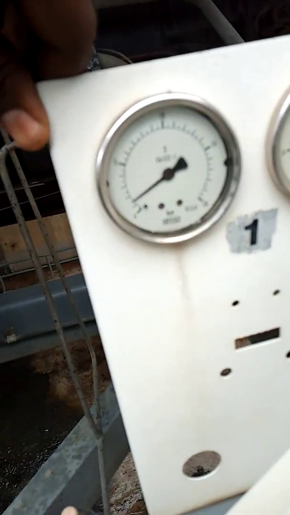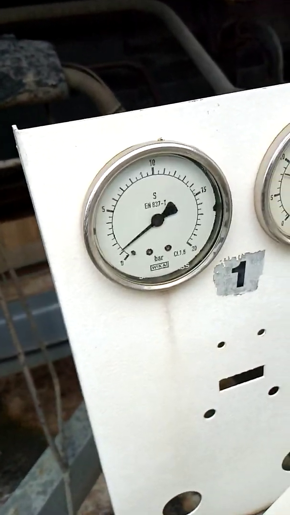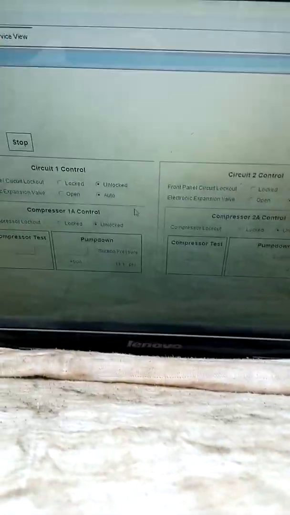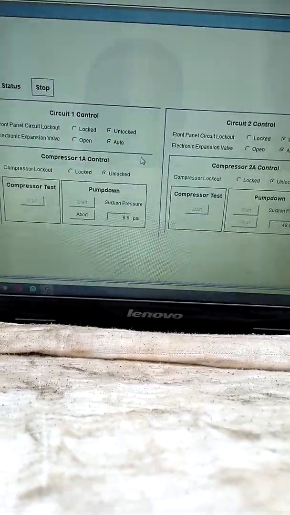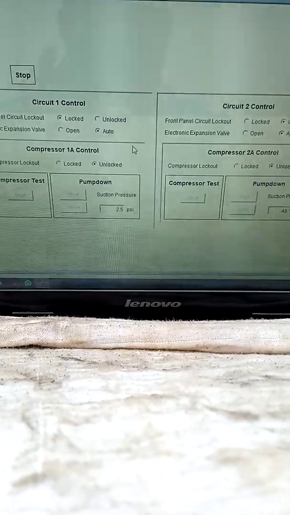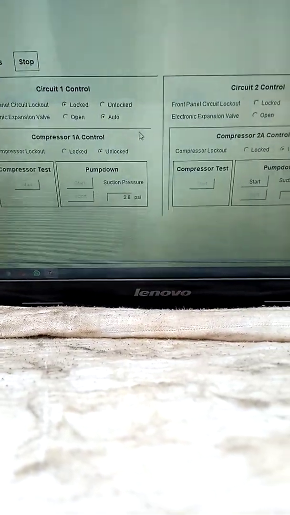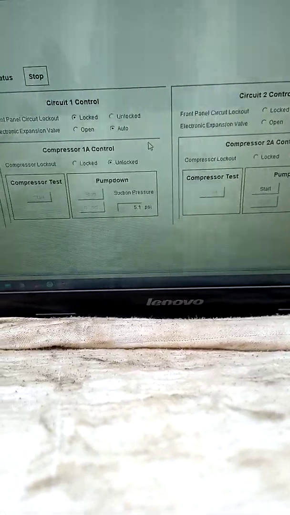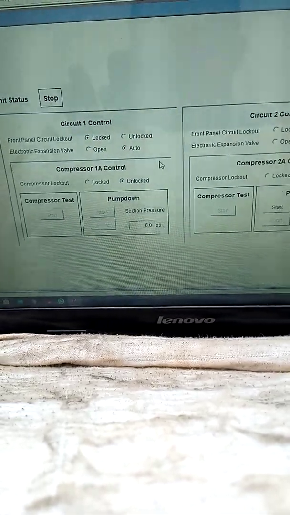So as you can see, the pressure has dropped down to 8.8 psi from 45 psi because we need to reduce as much as possible. So pump down has completed, the unit has gone off. So now we can start evacuating the oil and